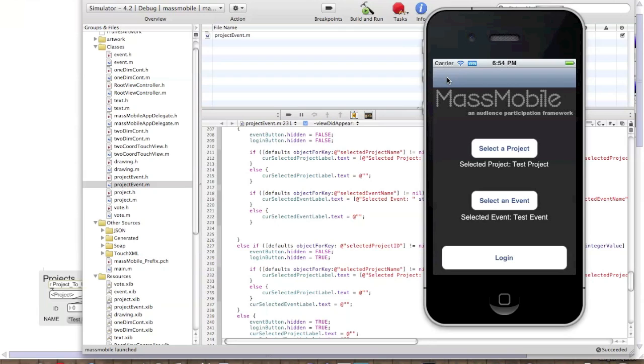So when you select the event and click login, that's going to download